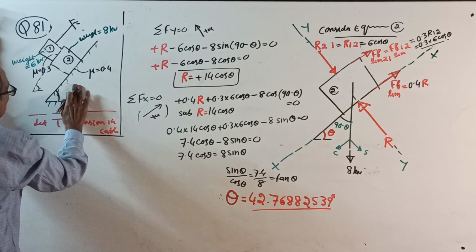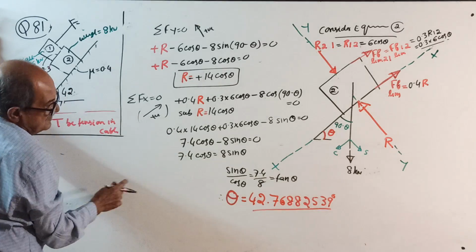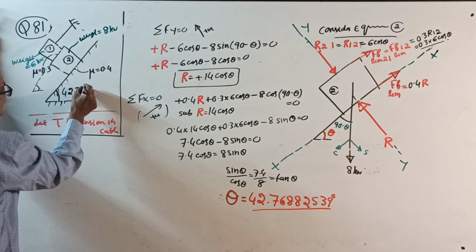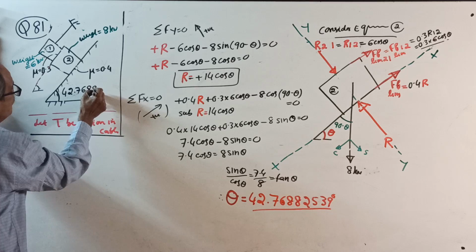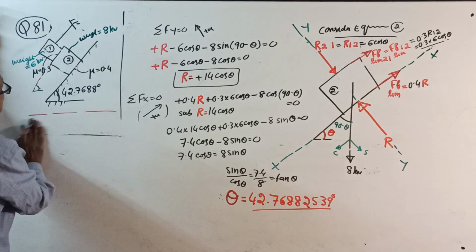I will do one thing. This is actually for fun. You solve it. 42.7688 degrees, okay. 7688 degrees I will give. You do one thing, take this much accuracy. Theta. Question is